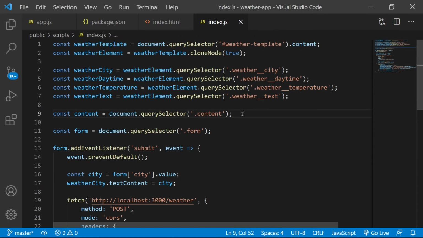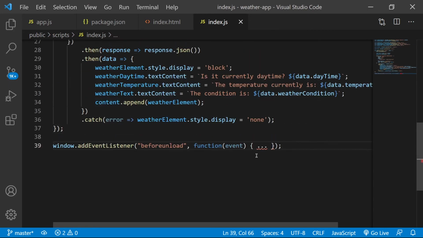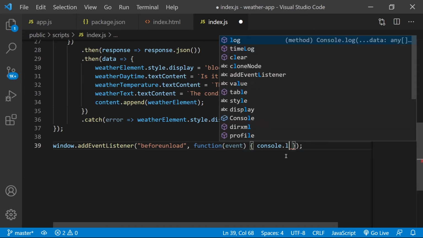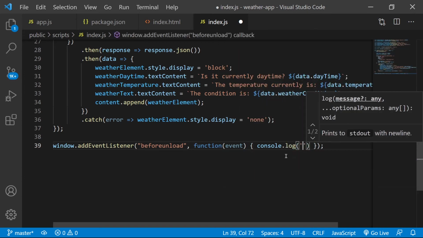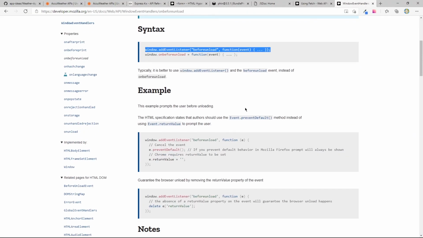Let's do it actually down here. Event console.log closing. But I suspect that there's more that we can do here. So cancel the event. e.returnValue. Chrome requires returnValue to be set.